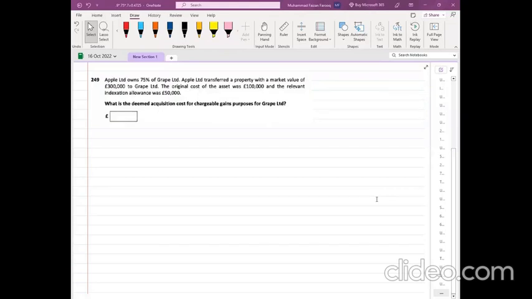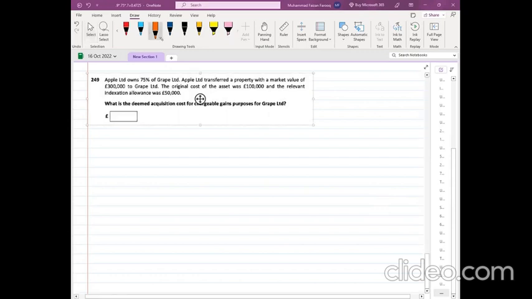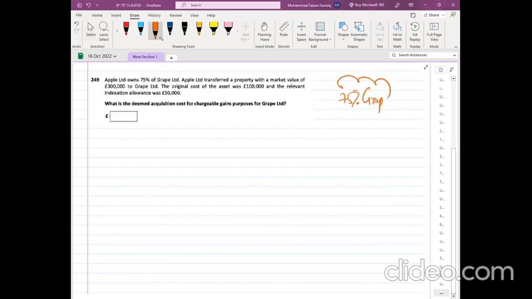नेक्स्ट क्वेश्चन इज कि एक कंपनी है जिसका नाम है एप्पल, 75% होल्डिंग है उसकी ग्रुप्स में, बहुत अच्छी बात है। और आपस में 75% ग्रुप तो है ना, डायरेक्ट होल्डिंग है। एक कंपनी ने दूसरी कंपनी, 75% होल्डिंग वाली कंपनी के साथ एक नॉन करंट एसेट को ट्रांसफर किया।